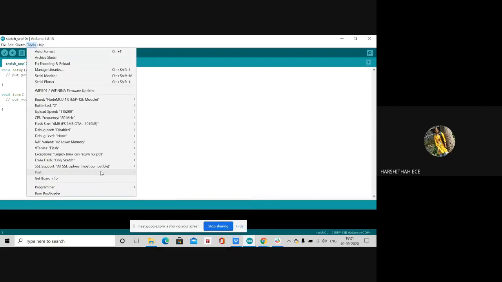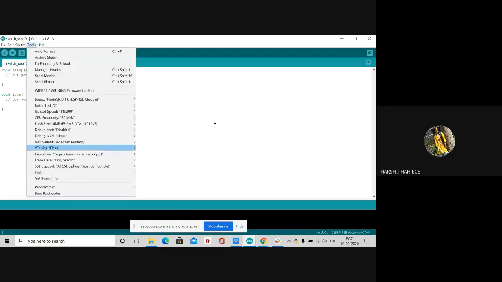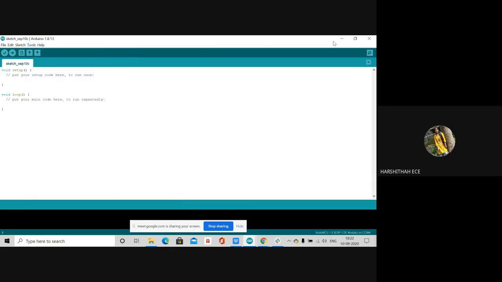The port will not be visible for now, because I haven't connected anything to it. But if you use some 3 or 4 ports, it will show COM3, COM4, COM5 or something. Make sure you connect the port correctly; the port you connect will be shown. If you remove it, it will go off. Make sure you select that port, because if you don't select the port properly, problems will come. So yeah, now first